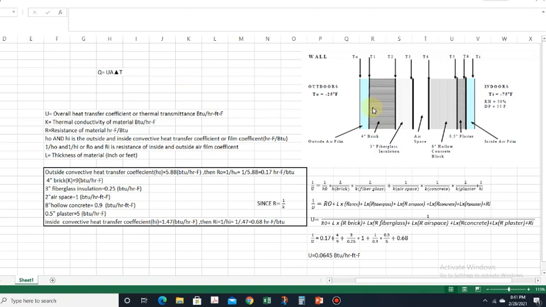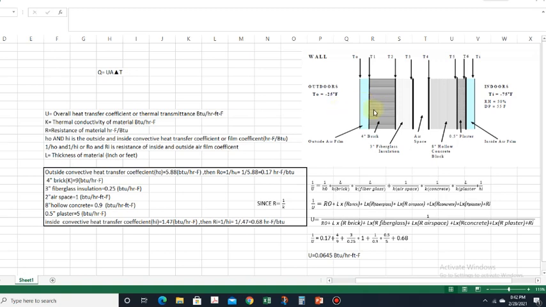So what is thermal conductivity? Thermal conductivity is the ability of the material to conduct the heat. If the ability of the material to conduct the heat is more, or we can say good, then more heat will be transferred. And if the ability of the material to conduct the heat is less, that means less heat will be transferred. When the ability of the material to conduct the heat is less, that material we generally call insulators, which has the resistance capacity that resists the heat.